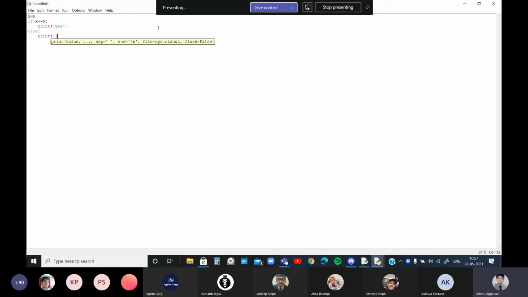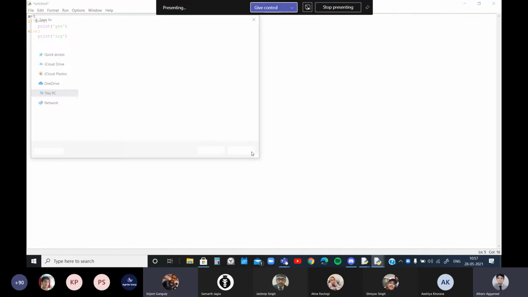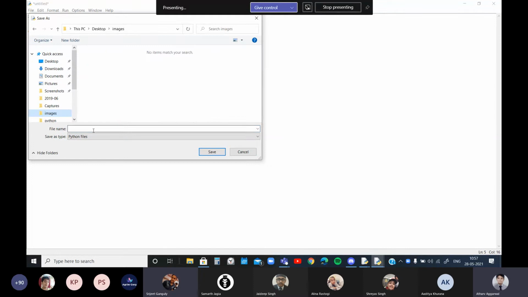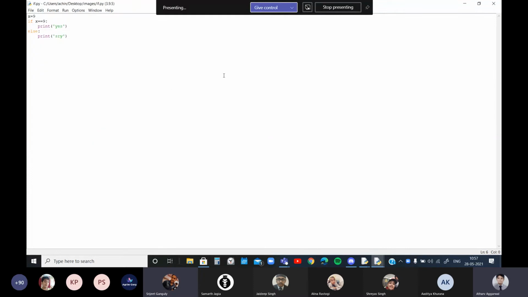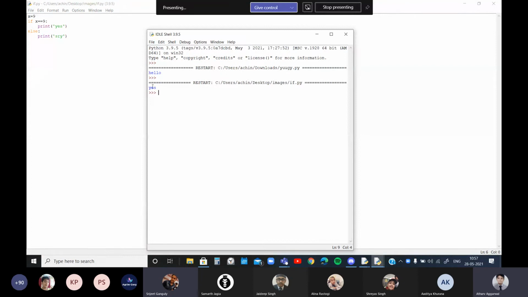print sorry. When this comes, yes, because we have put the value of x as 9.